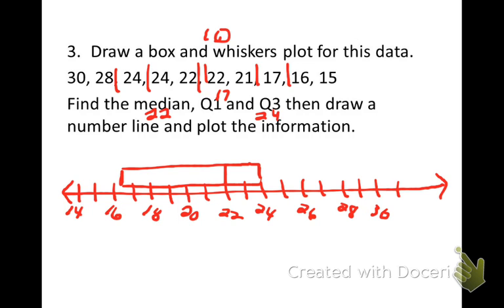Then we have the whiskers are going to be those extremes. So what are our extremes? Well, we have 15 as one extreme, so we're going to put a dot there and then draw a line. That represents the whisker. And our other was 30, so we're going to draw a dot there and draw a line. So now we see our data, and how it's in here. So divide it into our fourths like this. So that's a box and whiskers plot. And hopefully